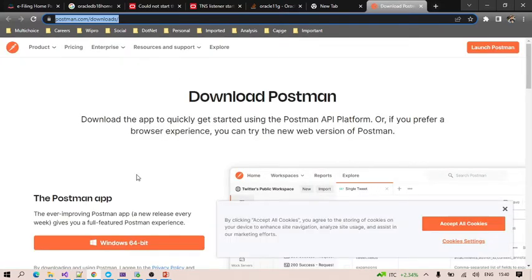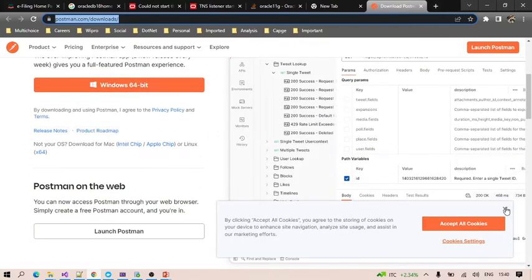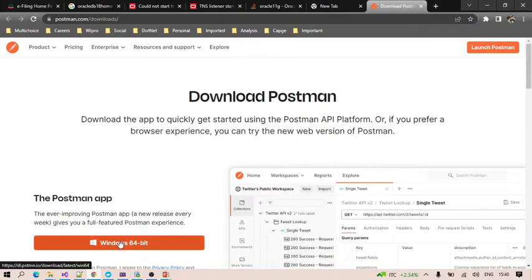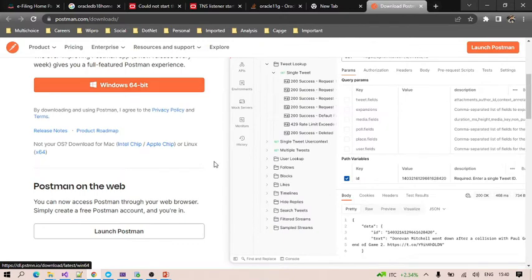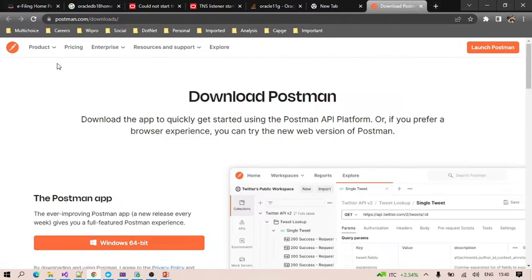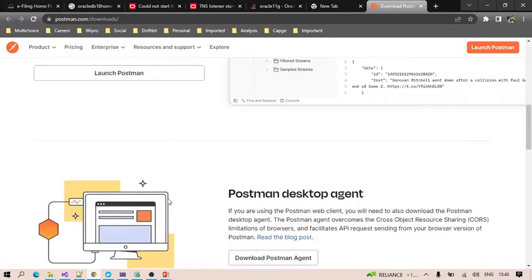We can directly download it from here. We have a 64-bit version for Windows. If we are going to use this application individually, we don't require any license, password or any type of paid service.